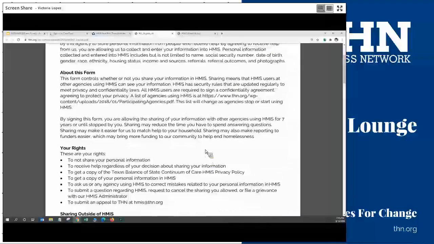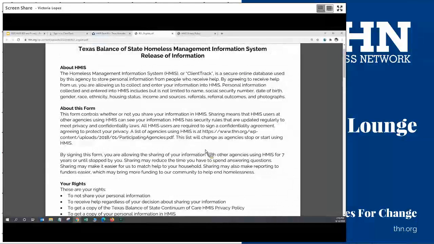So just to demonstrate how quickly it can go to review the ROI with the client, I'm going to read this word for word. And I know this is probably going to seem banal, but I do want, especially for newer users, to have this experience of what it's like to read this word for word.